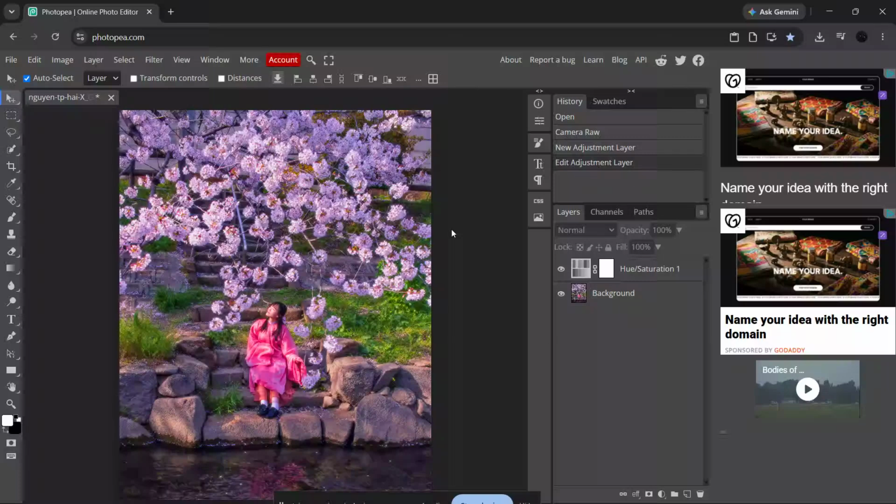If you're using Photopea and you want to make sure you never lose your progress, this video is for you. Today, I'm going to show you exactly how to save your work in Photopea the right way so you can keep all of your layers, masks, smart objects, frame names, and full resolution intact. That means when you come back later, you can pick up right where you left off without losing any of